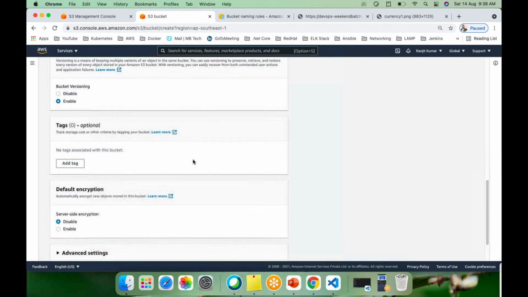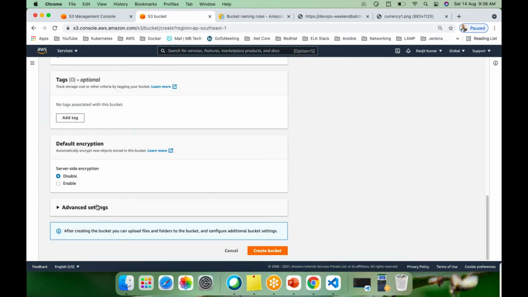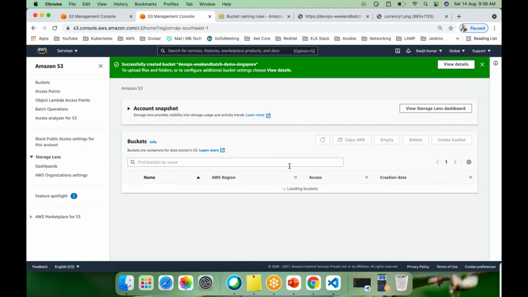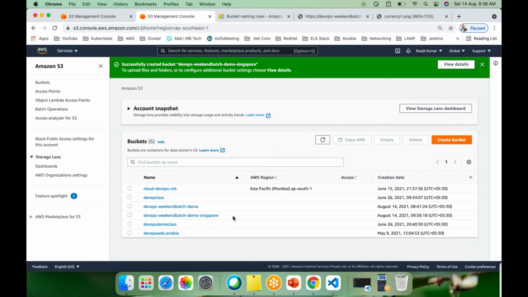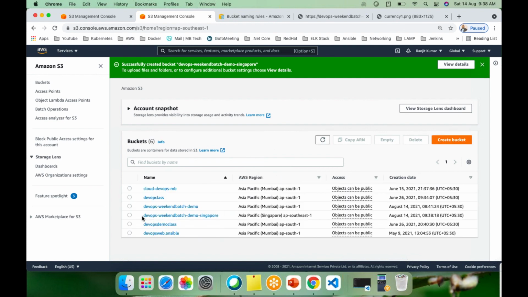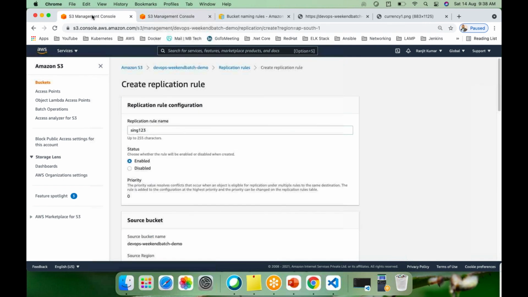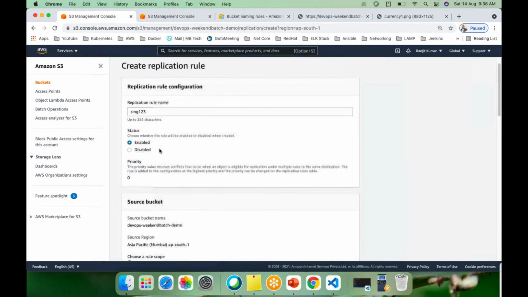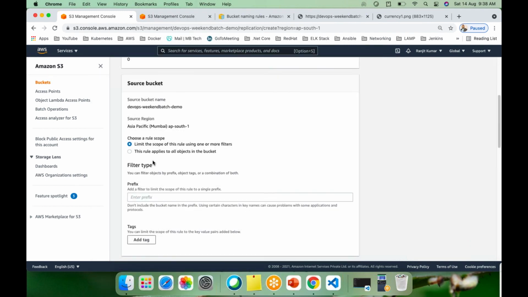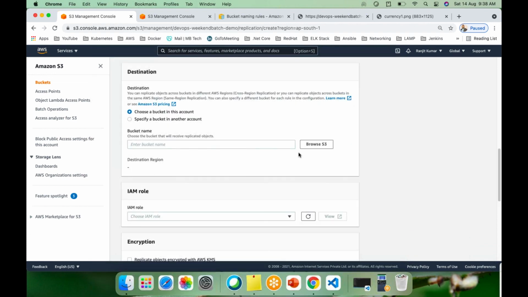I can make it DevOps weekend batch demo Singapore, since I want to make it in the Singapore region. Now change the region to Singapore. Here, select the AWS region and change it to Asia Pacific Singapore. Okay, got it.